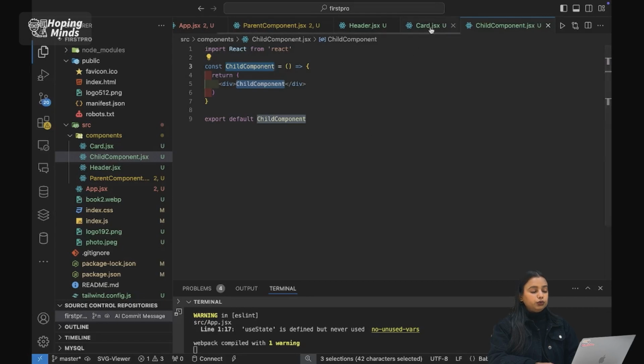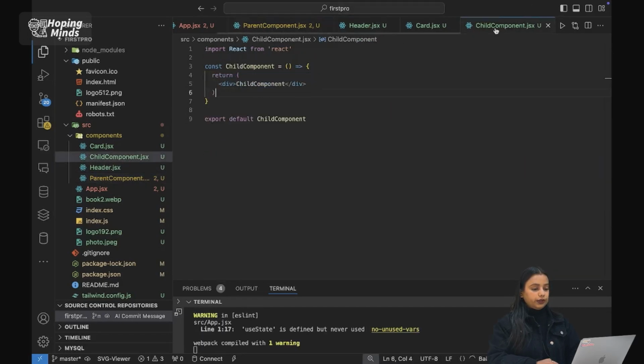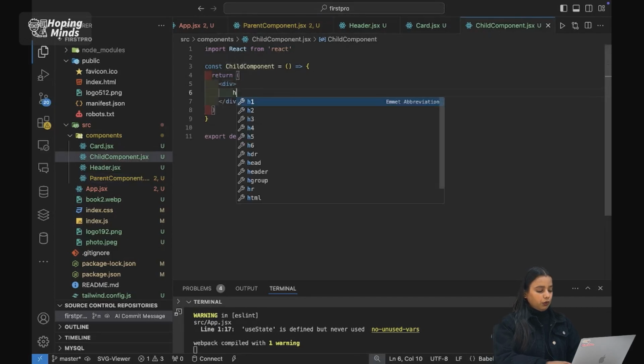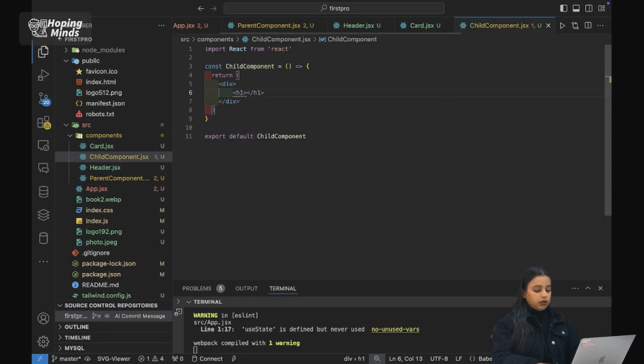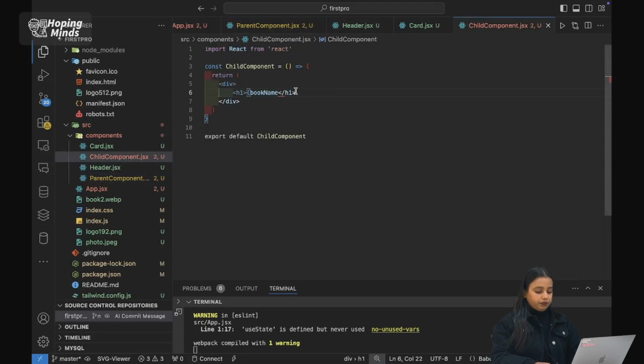So how will I do that? See, you will write in here, use your children component, use your child component. So in here, what do I want to use? I want to use H1 for the book name, this as it is here, this. Okay, and close it. Yes, you will not be able to see it, but let me just tell you how this is working. Now book